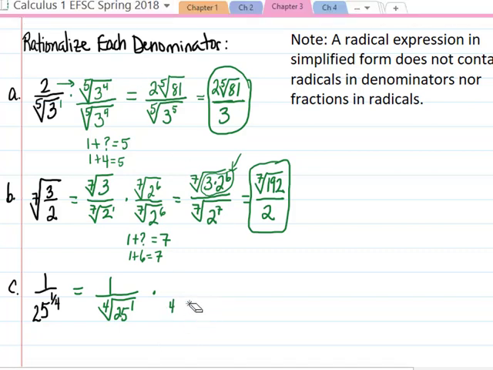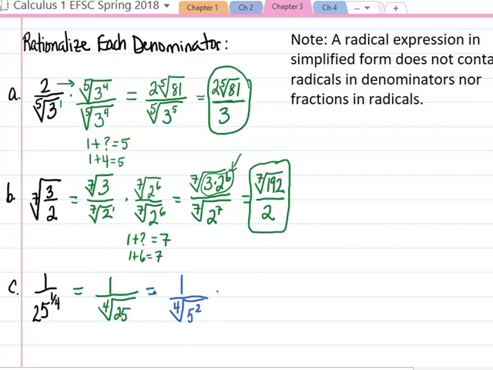Here's why. Unlike the previous two problems where the denominators had a radicand which was a prime, 2 and 3, this is 25. This is not prime. So before you actually decide what you're going to multiply by, let's go ahead and find the prime factorization of whatever the radicand is. So in this case, the prime factorization of 25 is 5 squared, and that will keep